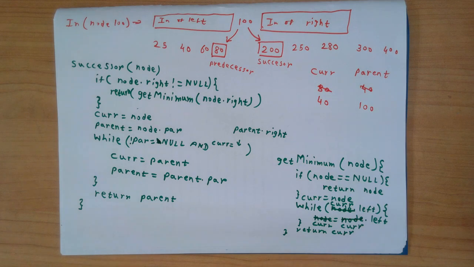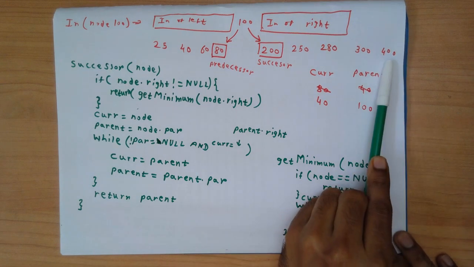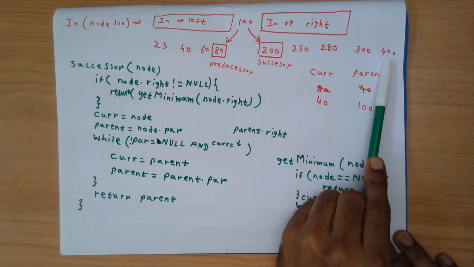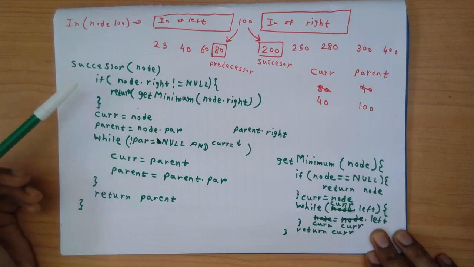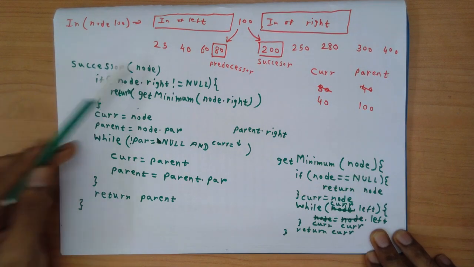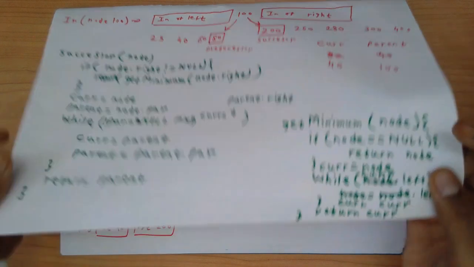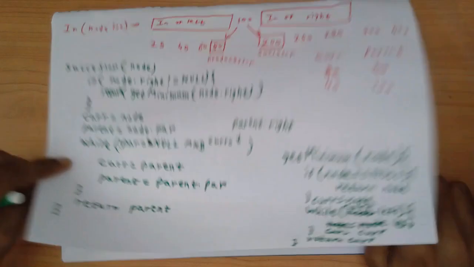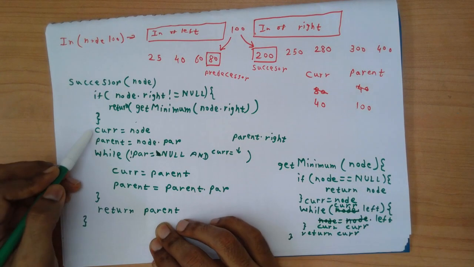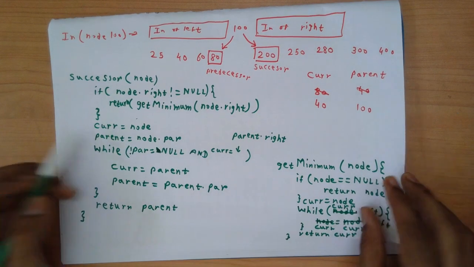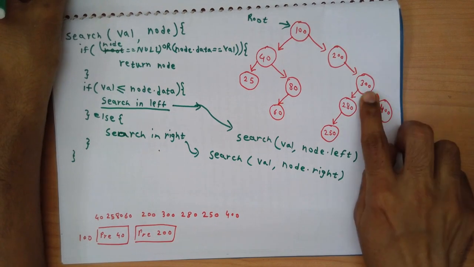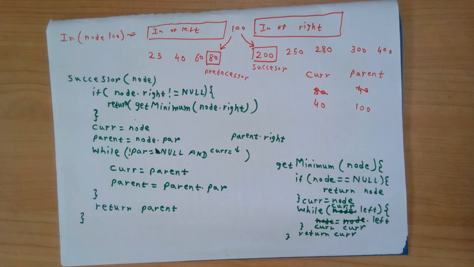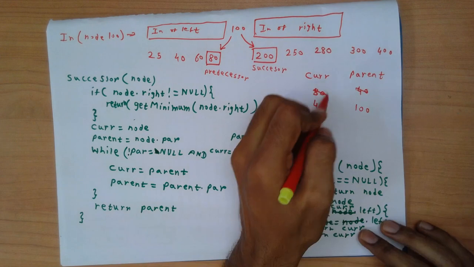And for a particular node in our binary search tree, there would be no successor, the highest value, right? For that we should return null. So let's check if that happens. Okay, so if I try to get the successor for 400, does 400 have a right subtree? 400 doesn't have a right subtree. So I'll say that my current is 400 and my parent is the parent of 400, which is 300. Okay, so let's track this. So now we are doing it for 400.